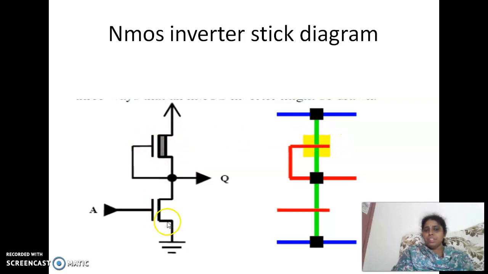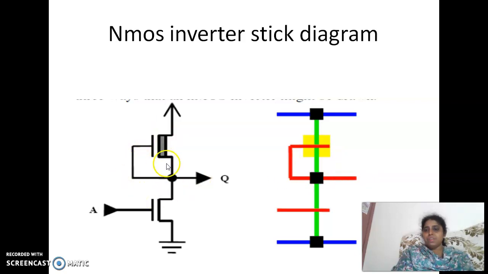So this is NMOS, this is also NMOS. So red over green we'll have, red over green. This is also red over green. But here we need to make this connection shown. For that, this gate is connected to the source. So the gate is red color, and that is connected to the source. This indicates this connection absolutely.